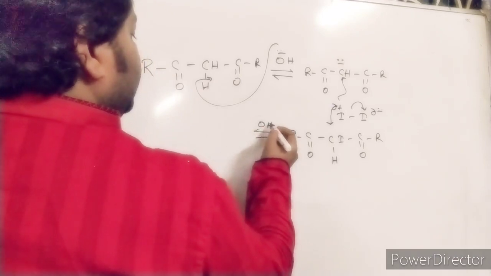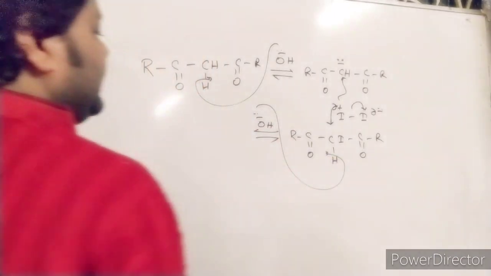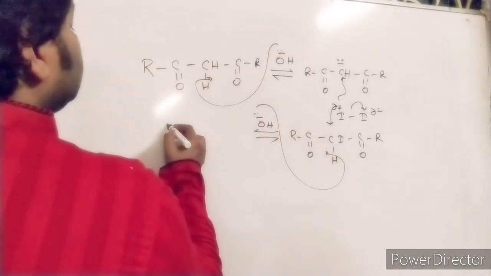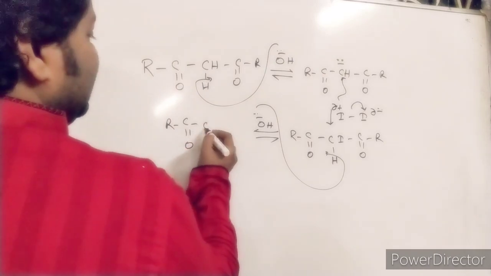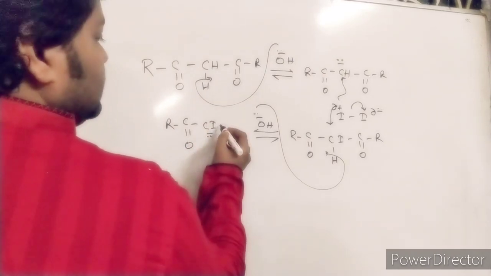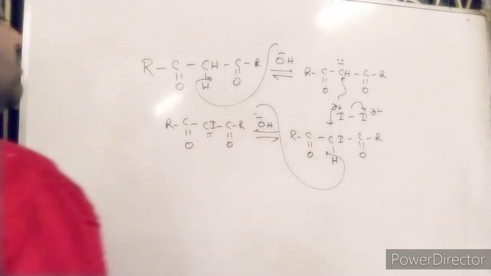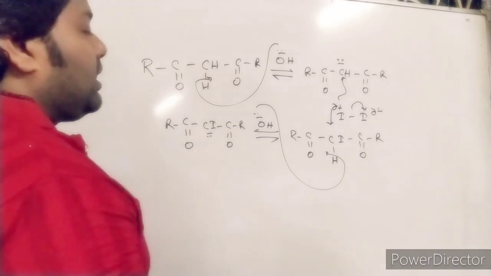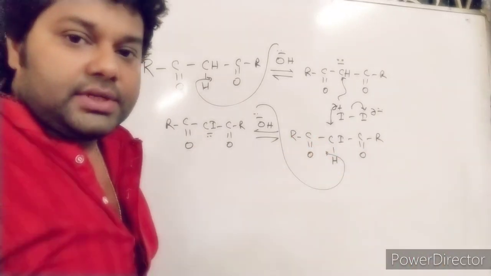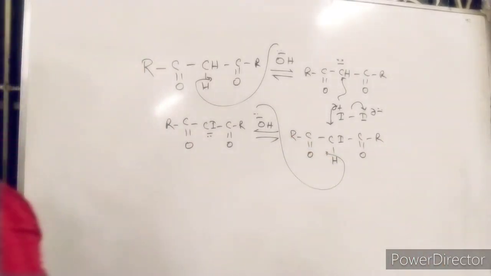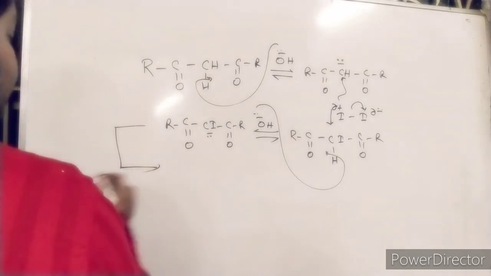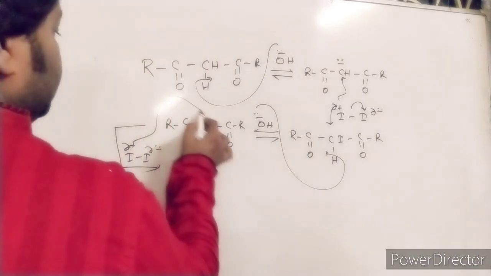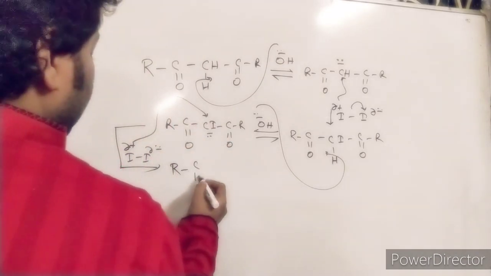So you again give it OH minus. The OH minus will take this H plus, and that will again come out in the form of water. So this will give you RCOCI minus COR. You must know that this is even more stable than the earlier one, because now you have one iodine atom which also creates a minus I effect to some extent. So this is quite good. In a similar manner to the earlier case, now it has a delta plus and a delta minus, so the delta plus will again attack over here. So you are getting RCO